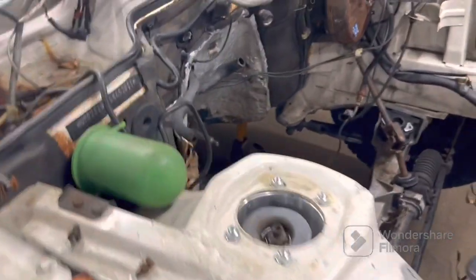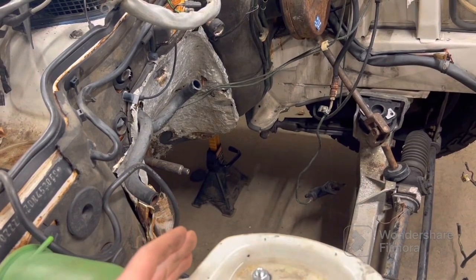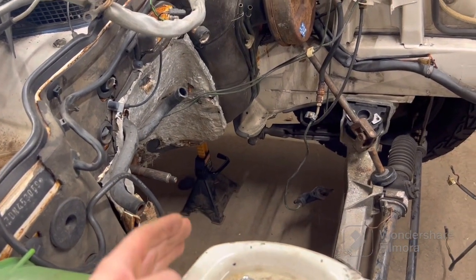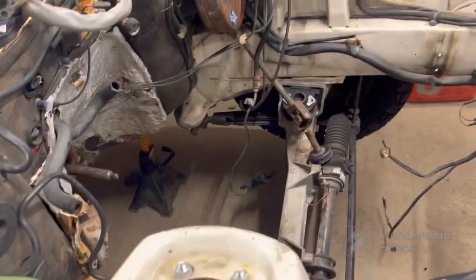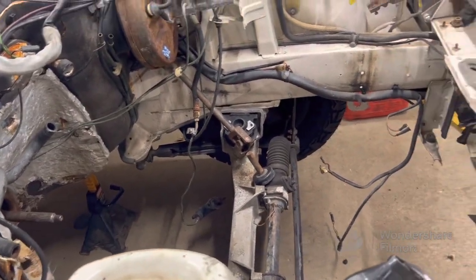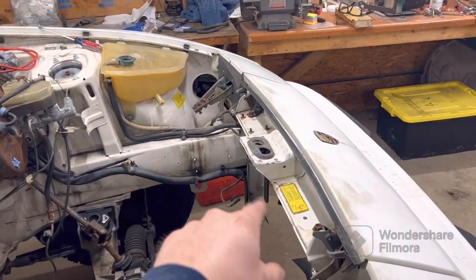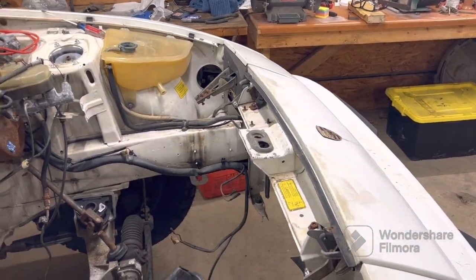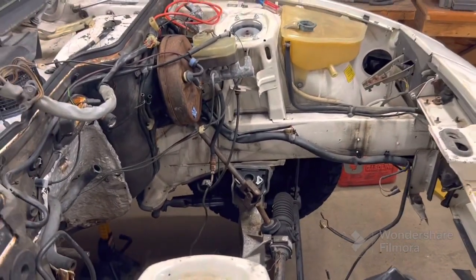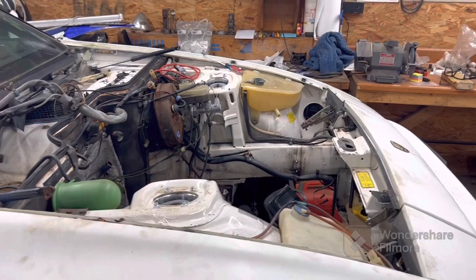This is with it slid back 3 to 4 inches, so I should have enough room for the bell housing to clear it, so I can drop it down, set it on the motor mounts, and then slide the torque tube in, ideally. It's tight with the hood latch and radiator support to just drop it straight down in. You saw we kind of had to finagle it around,